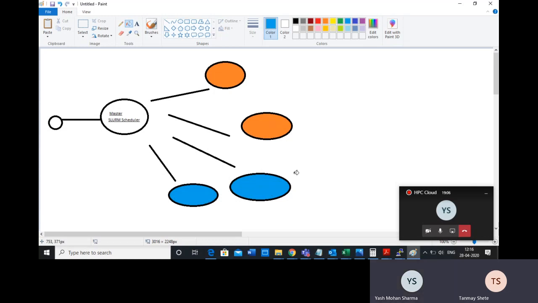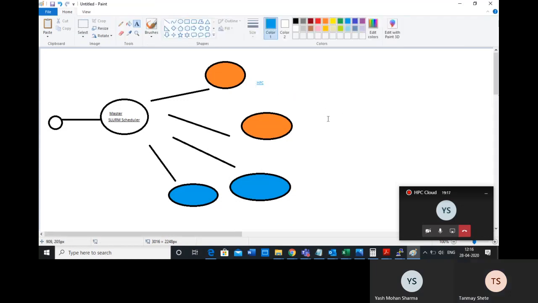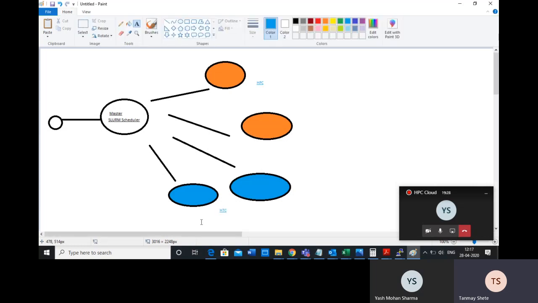Okay, so the types that we created are two. For example, the first type is the HPC type. Do you see this HPC? Yes. And then there is another type which we call the HTC type. The HPC long form is high performance computing, whereas HTC is high throughput computing. You may not need to understand in detail what exactly these specifically mean.